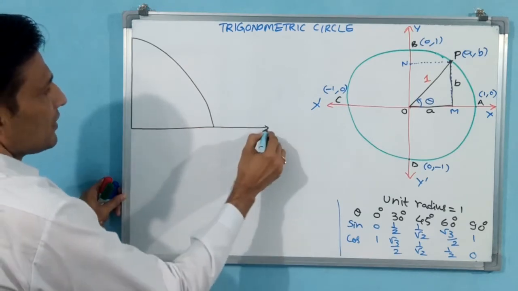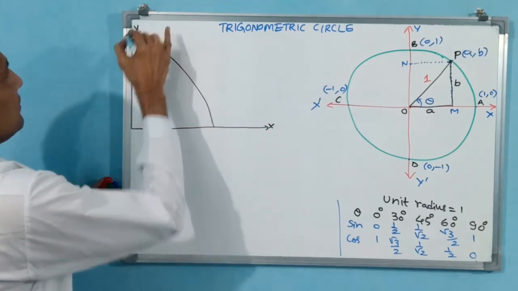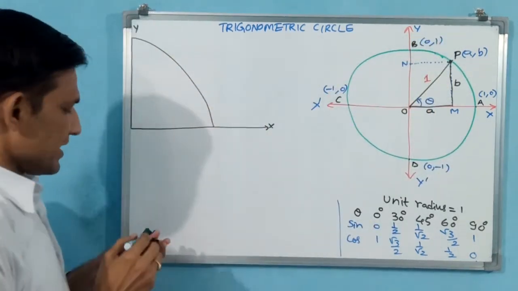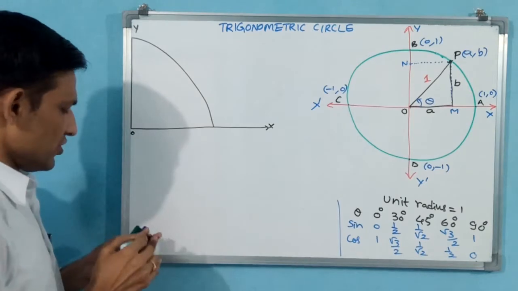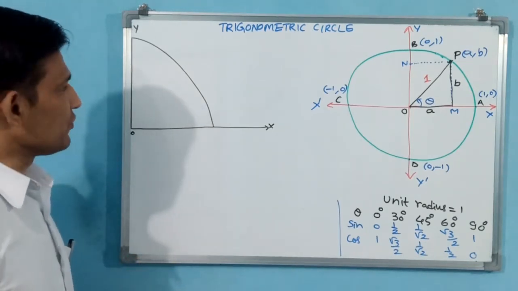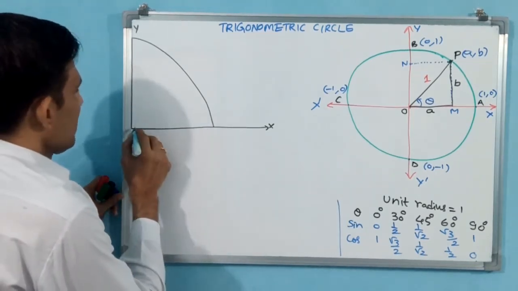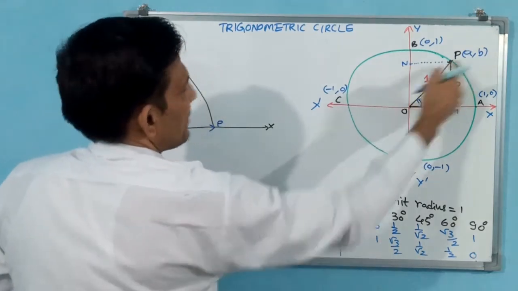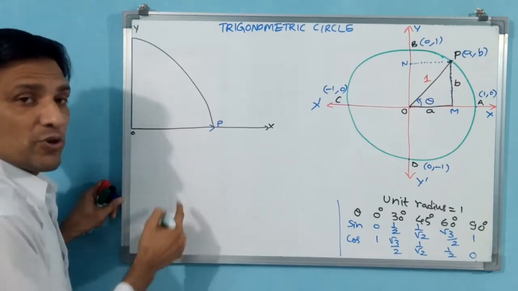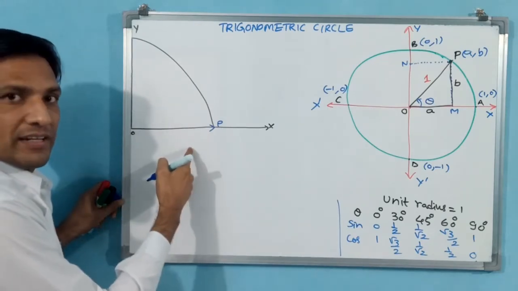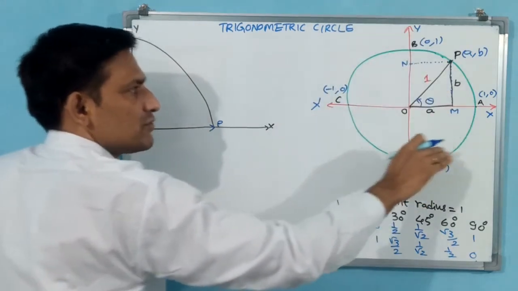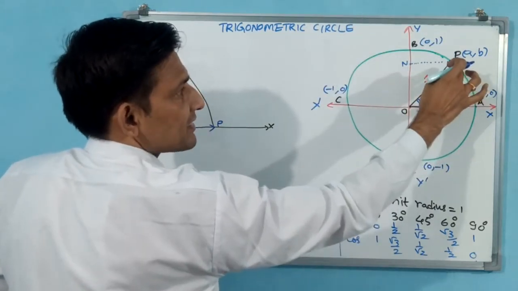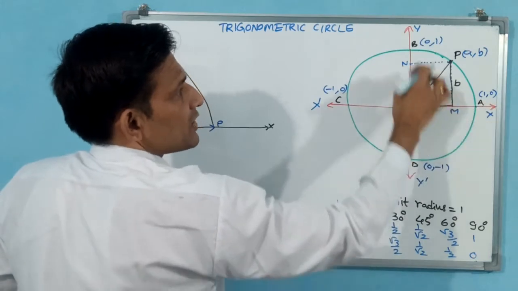Okay, this is x, this is y, first quadrant. You see the unit radius is there, and here is the origin. Now what I am going to do, see here. This is P, OP, but here theta is 0 degree. I need not write it. Because theta has become 0, that means P is touching here. Yes, see, OP is radius. Here OA also radius, OB also radius.